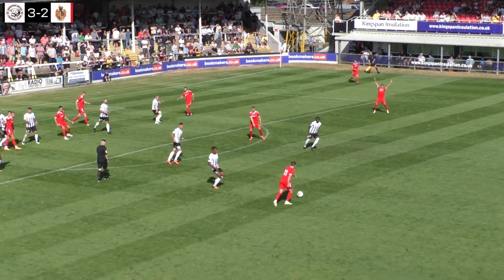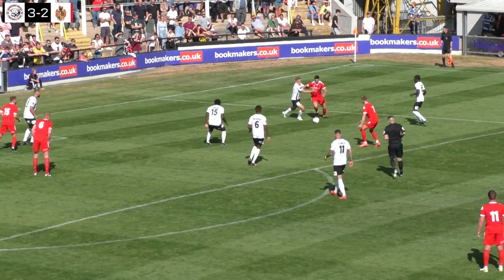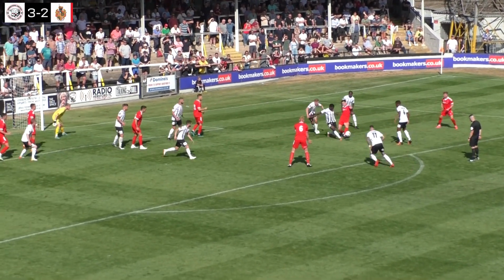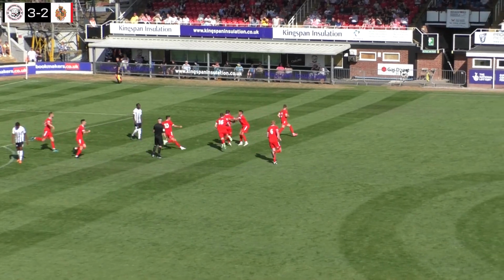Anderson 25 yards out, thinks about maybe hitting it, then sweeps a lovely ball back out to the right hand side for Duxbury on the fringe of the 18-yard box. Duxbury goes inside. He tries to get past one man. He's still going, Duxbury. Can he find an angle for a shot maybe? Might come back for Anderson on the edge of the box, and Anderson strokes home the equaliser, and Moors are back on level terms again